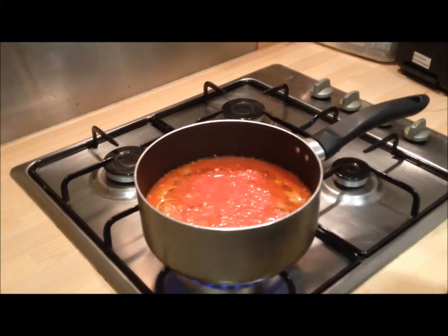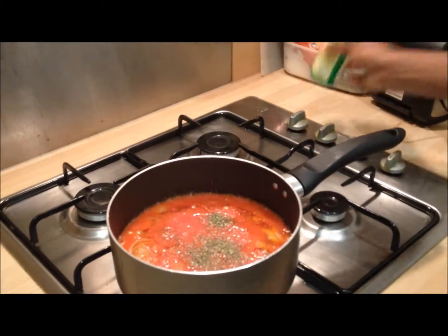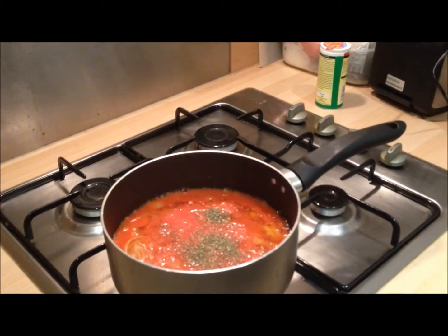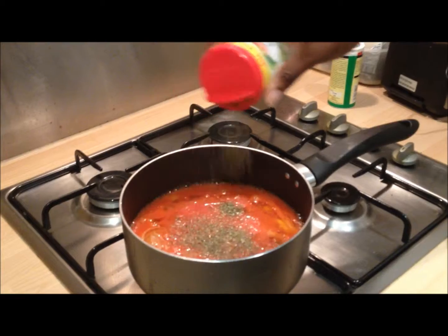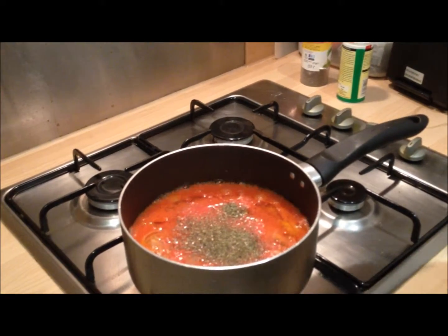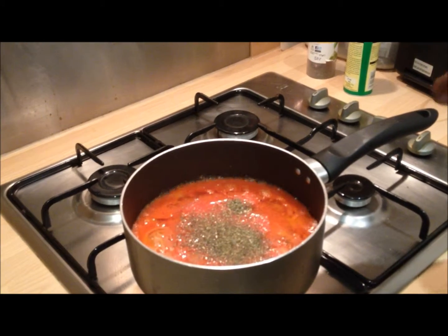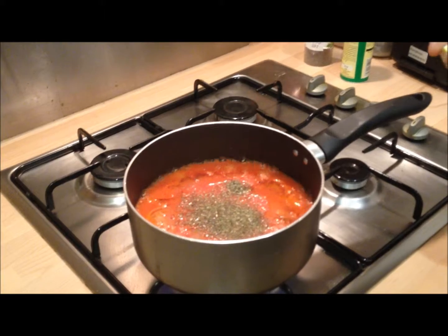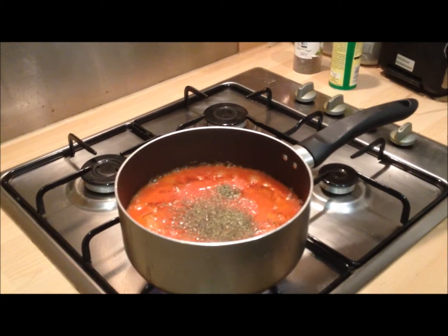So we're just going to add some thyme. We're going to add my lovely basil. Oh, it's smelling really good already. We're going to add our 2 Maggi cubes, which I probably should have peeled beforehand, but hey, this is live. Just plunk them in, they will dissolve,